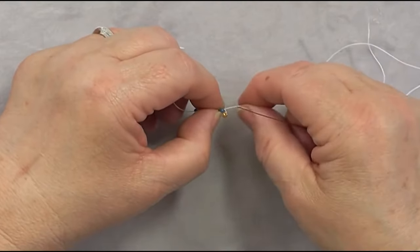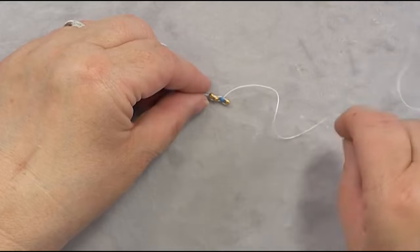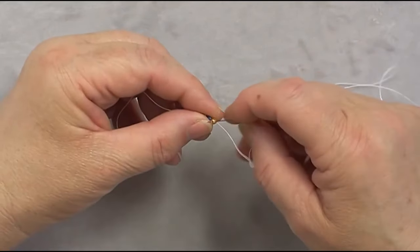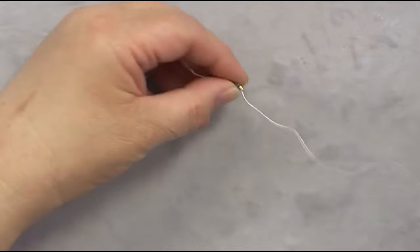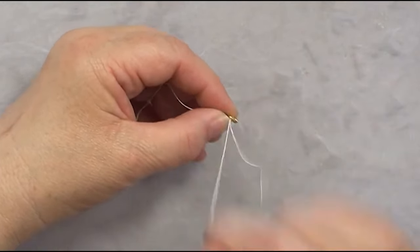If you encourage it, they'll sit next to each other fairly easily, but like I say, it looks a bit zigzaggy. So I'm going to do another few of those. If you leave it as it is, you can brick stitch onto it,